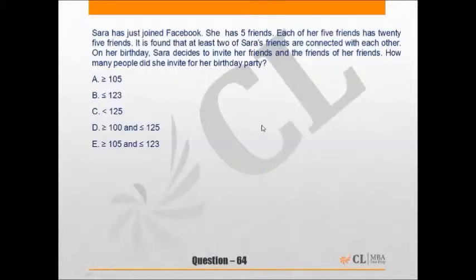Sarah has 5 friends and each of her 5 friends has 25 friends, and it is also known that at least two of her friends are connected with each other. Then we have to find the number of friends that Sarah can invite on her birthday, including her friends of friends. So each of Sarah's friends has 25 friends, including Sarah, but if we exclude Sarah, then each of her friends has 24 friends, and